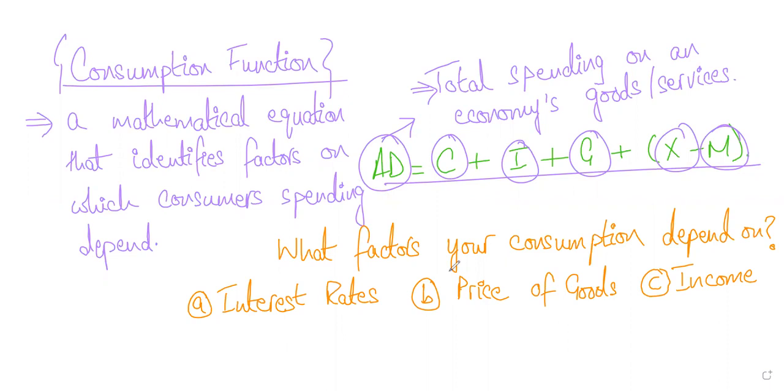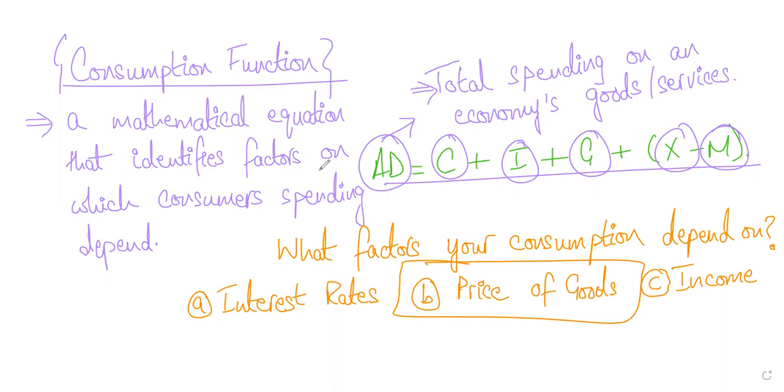Inflation, we have already counted inside this, the price of goods. We are not looking at the price of one good, we are generally looking at the prices of the goods. So it is the price of the goods, not the price of a good, because we are talking about macroeconomics, so we will not be looking at individual items' prices. We'll be looking at the overall prices. Is this making sense, students?